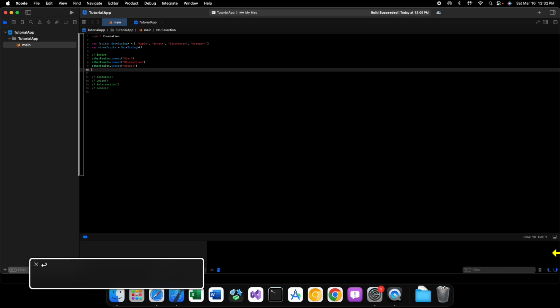However, just so we can work with this in another way later on, we'll say otherFruits dot insert apple, like that. Now pay attention to this. We inserted apple into our otherFruits set, just like it's in our fruits set. Keep that in mind as we move forward. So now that we have fruits inside of both of our sets,